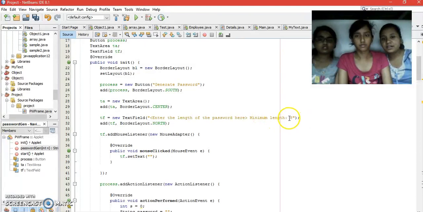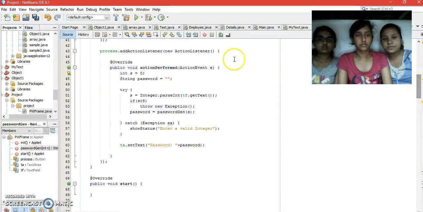Means after you click on the screen, it will set the text field as null, so nothing will be there. Then in add listener, we have created an integer variable s equal to 0. Then string password, initially it will be null. Then after giving some length of the password, we will get the output.